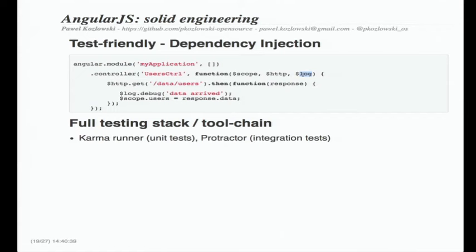But it's not only this. It's not only having dependency injection and a well-tested framework. It's also that all the tools that people are using to write the framework itself are given to the community. So the two big examples are the Karma runner, which is the JavaScript test runner for unit tests, and Protractor, that is something for integration tests. So there's really the whole testability story: the framework is tested, people made sure that the applications are testable, and they give the whole tool chain. So as developers, we can test things as well.